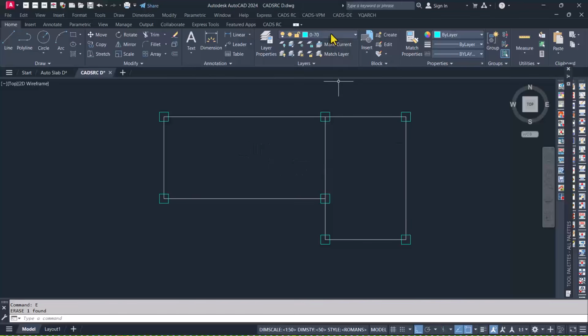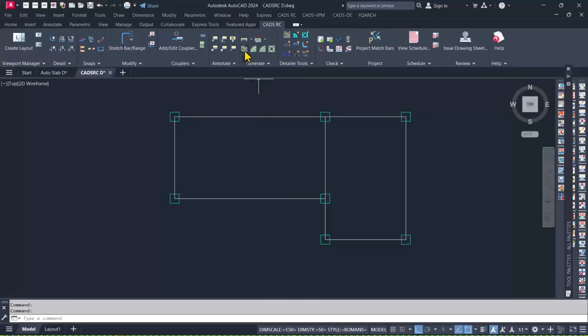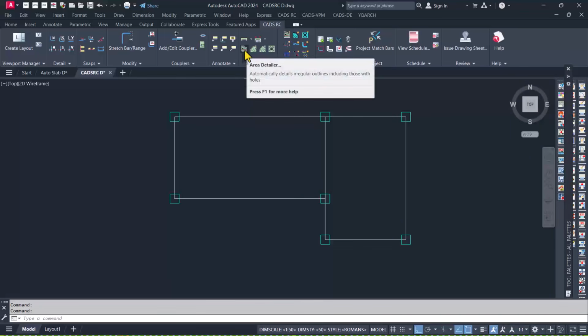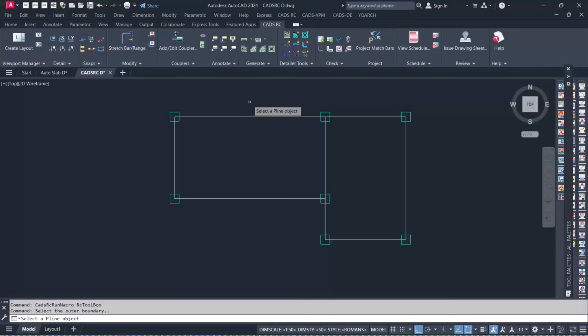Alright, we proceed to the CADSRC tab right here. We will use this option of area detailer. You click on that and it is activated. So we click on the panel lines just like this, and then we have to say no because we wouldn't want to actually provide or make provision for holes. Click on the enter on the keyboard,